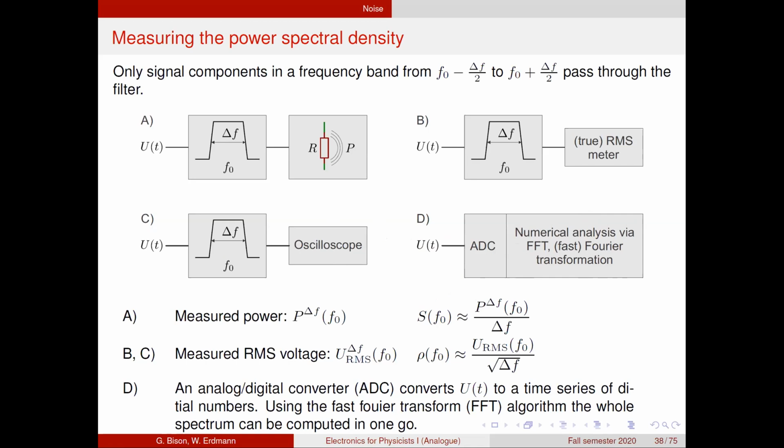And so we don't have to apply different filters and measure different voltages. We just get the whole spectrum in one go. And of course, that's much more efficient. So to repeat, if we measure power, we can compute the